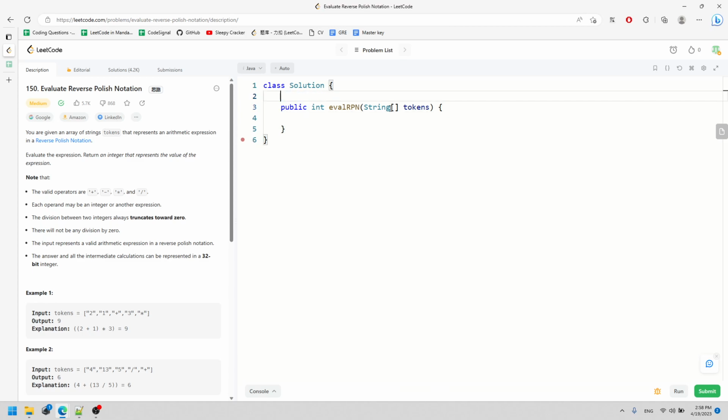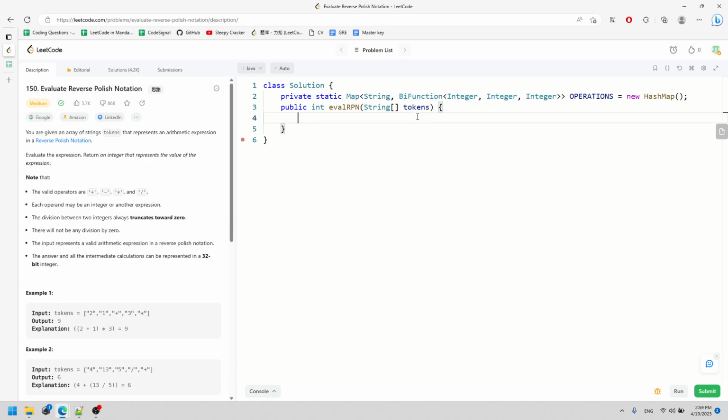So I need a hash map. I will talk about this. So Map of String, BiFunction of Integer, and this is going to be called operation. We go new HashMap. Alright. So what does this mean? String represents my what? The operator: plus, minus, multiplication, division. And BiFunction represents my what? This is the first value, the second value, and this is the result value, right? I need to do the multiplication